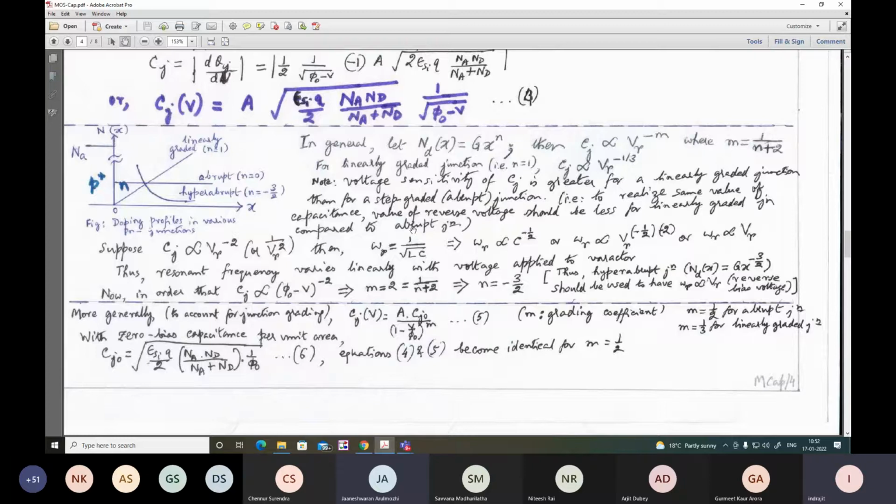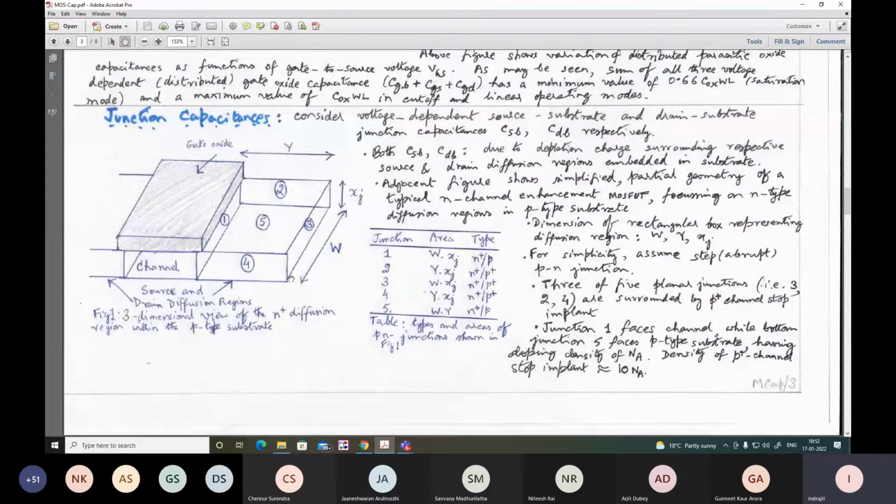The perimeter means junction 2, junction 3, and junction 4, which involve, on the outer side, the P plus channel stop implant on this side, on this side, on this side. Okay. So here for simplified geometry, junctions 2, 3, 4 involve N plus and P plus junction, having the same value of built-in potential. That means the P plus region, let us say, has a value of say 4 into 10 to the power 16 per centimeter cube, and this has 10 to the power 19. So same phi 0, and also we assume that the junction depth is uniform, say 1 micrometer here, here, and here. Right. So perimeter will be y plus w plus y, 2y plus w.